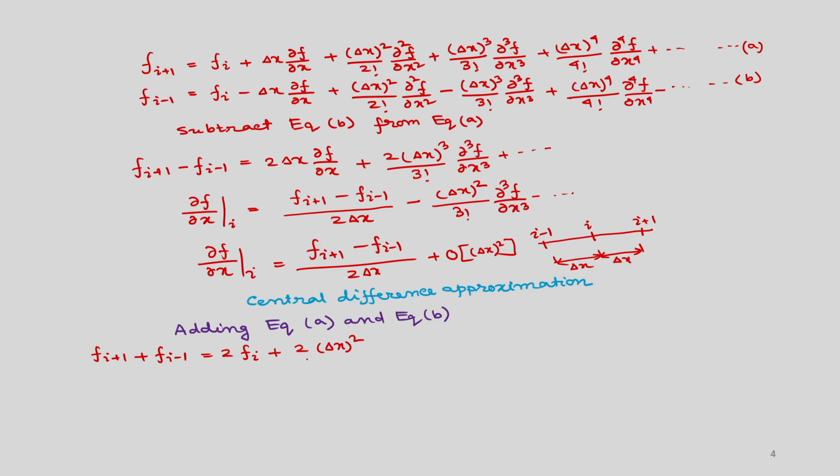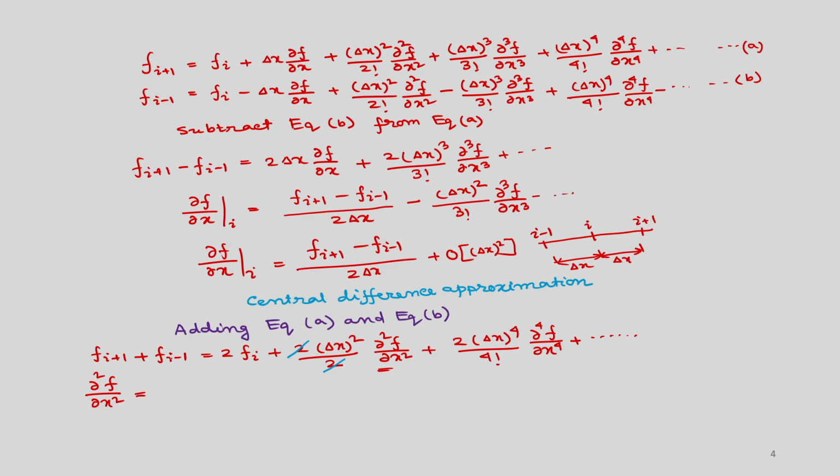then you will get 2 delta x square divided by factorial 2, which means 2 del 2 f by del x square, and in this case this 2 will get cancelled out, and then the fourth term will get cancelled. Then the next term will be 2 delta x to the power 4 by factorial 4 del 4 f by del x to the power 4 and other terms. So, here you can see, now if you represent this second derivative of f with respect to x,